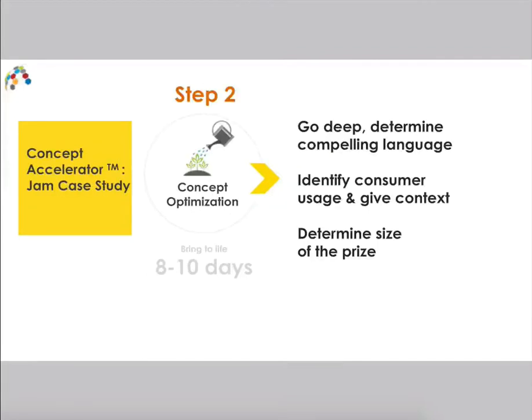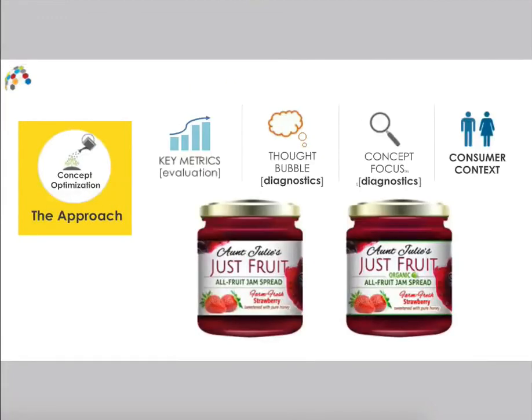So now we'll talk about concept optimization. Now this is the stage where you really want to go deep. You've probably narrowed down to somewhere between 1 and 3 ideas, and you want to make sure that the language that you have is very compelling. And then, if you remember, we talked about bringing the idea to life. So here's where we want to give it context. We want to understand how consumers are going to use it, even if it's just at the concept stage. And then, importantly, we want to look at size of prize. And we'll talk about how we do that within Concept Accelerator. For this second example,